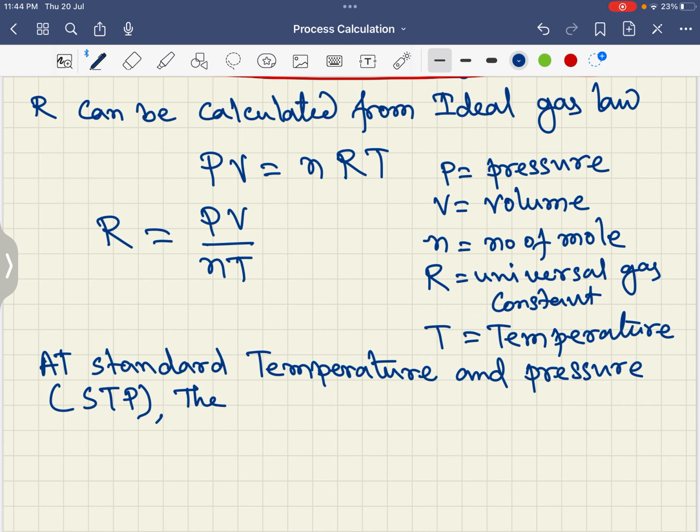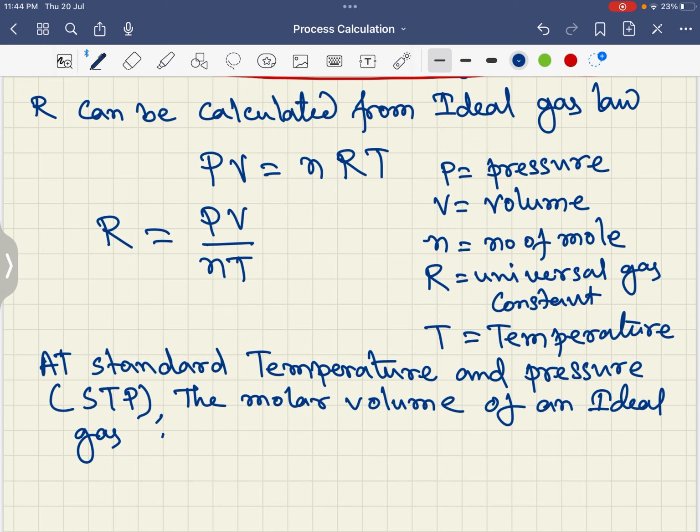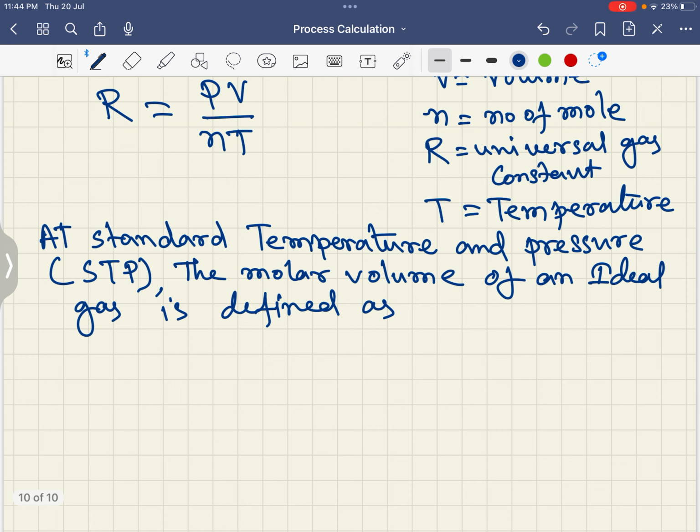The molar volume of an ideal gas is defined as, so we can write here molar volume at STP